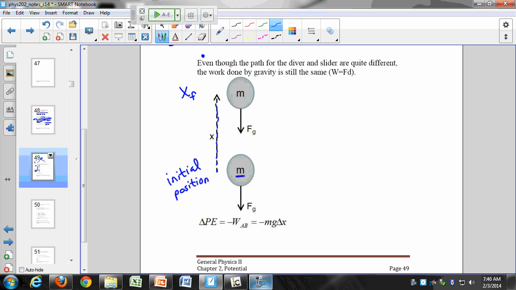All right, so here I have a force that's down and a displacement that's up, and so that gives me positive or negative work? Negative. Right, so this gives me negative work. When I move from point A to B, I get a negative work, right? So that's where that negative comes from. But because this is a conservative force, I can say that the change in potential energy is equal to the work. That's because this is a conservative force.